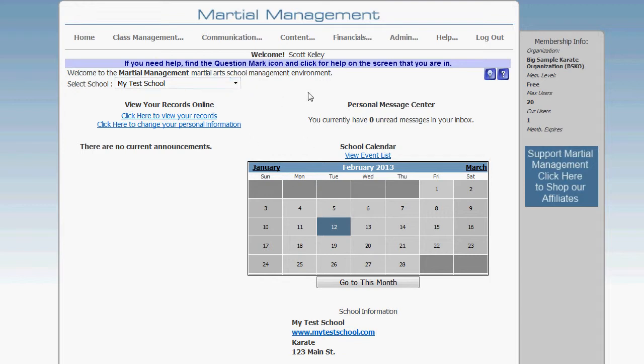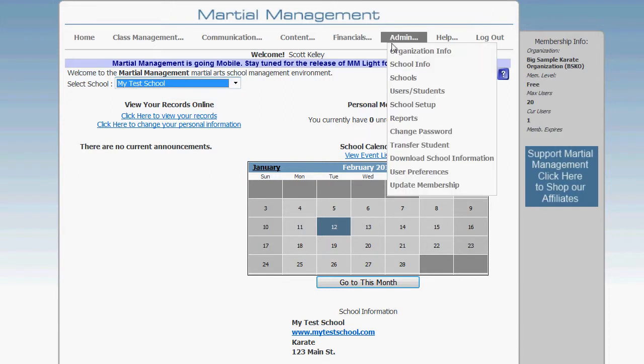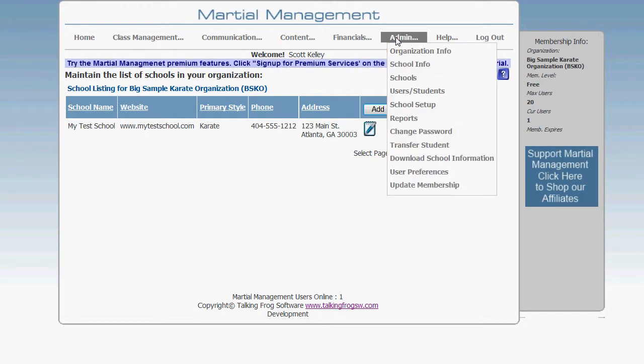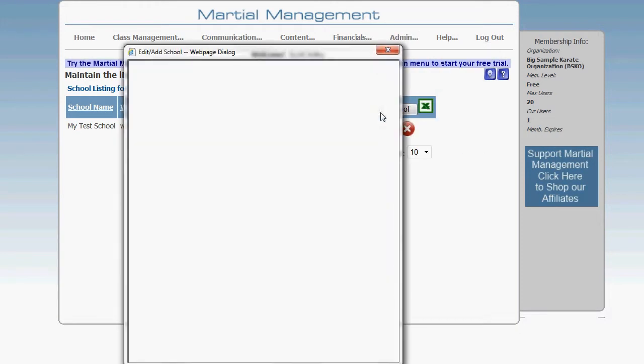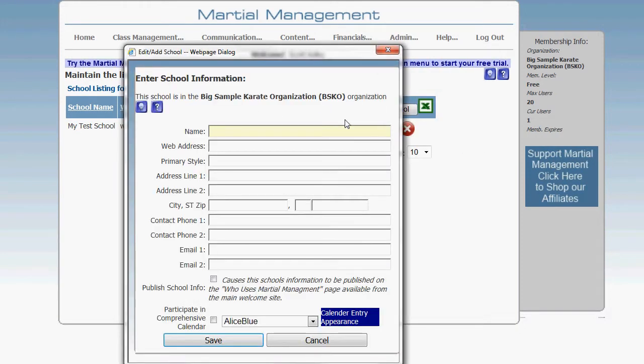Now, you'll notice that on most of the pages, as you're logged in as an administrator, you get a drop down here that allows you to select a school. Right now you only have one school in your organization, so let's go ahead and add an additional school to your organization. So we'll come to Admin Schools, and we will add this new school, and the name of the school will be